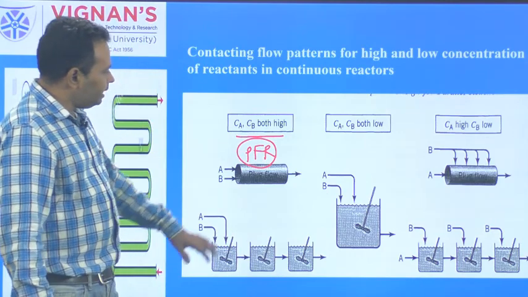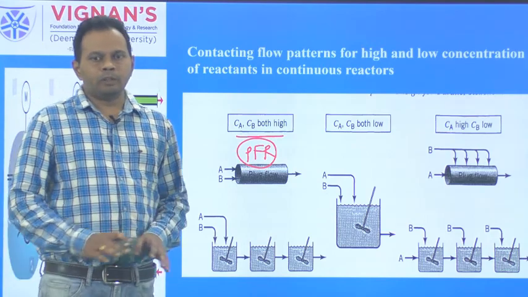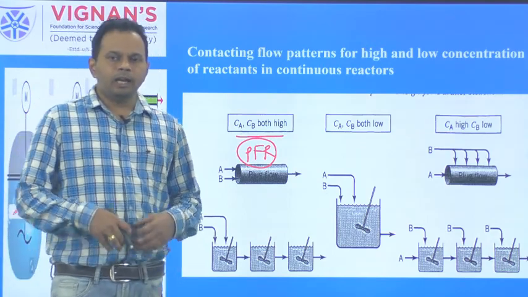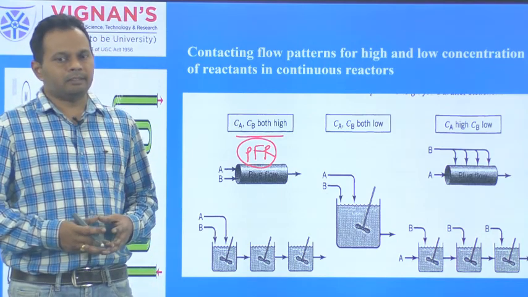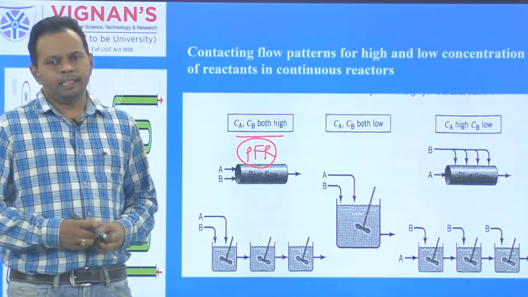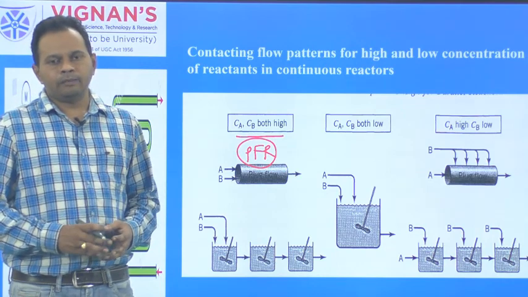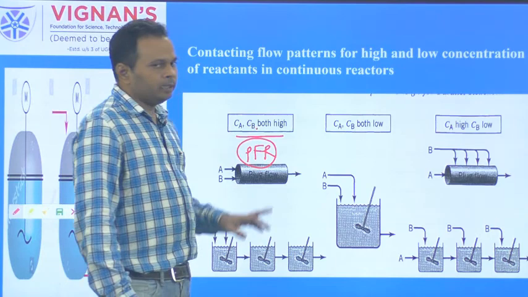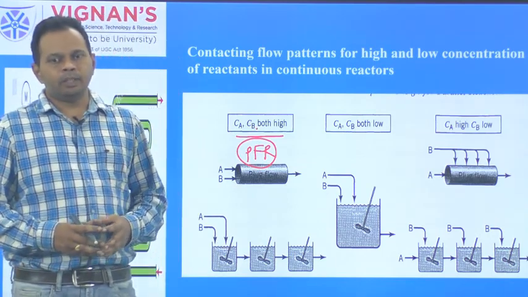Again, to maintain high concentrations of A and B within the MFR, a single MFR is not possible because of the highly mixing conditions within the MFR. When you send the reactants with high flow rate into the MFR, because of the high mixing, both reactants mix with each other and react, immediately producing products. Their concentration immediately drops to a low level and then stays constant. But our condition is to maintain high Ca and Cb. So maintaining high Ca and Cb within a single mixed flow reactor is not possible.